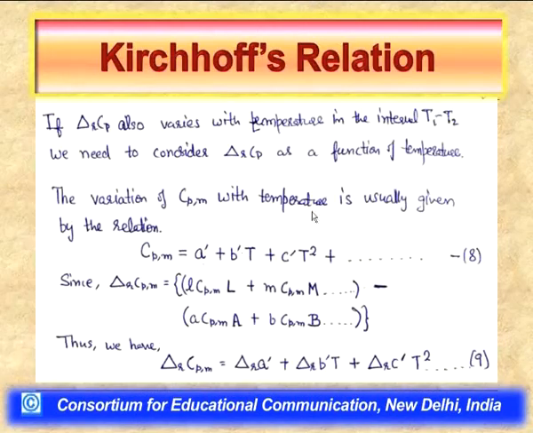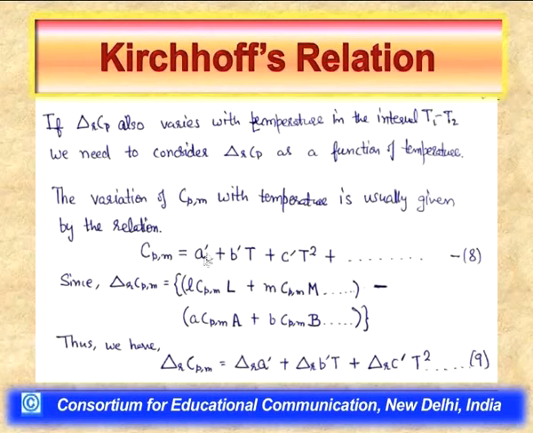Now, having said this, let us consider if these molar heat capacities do not remain constant over the temperature range within which we want to calculate enthalpy change of reaction. So, therefore, we need to also make these molar heat capacities a function of temperature. Let us have a look how then this Kirchhoff law will transform. In that case, we can say that molar heat capacity of each of the chemical species can be represented as a power series in terms of temperature,